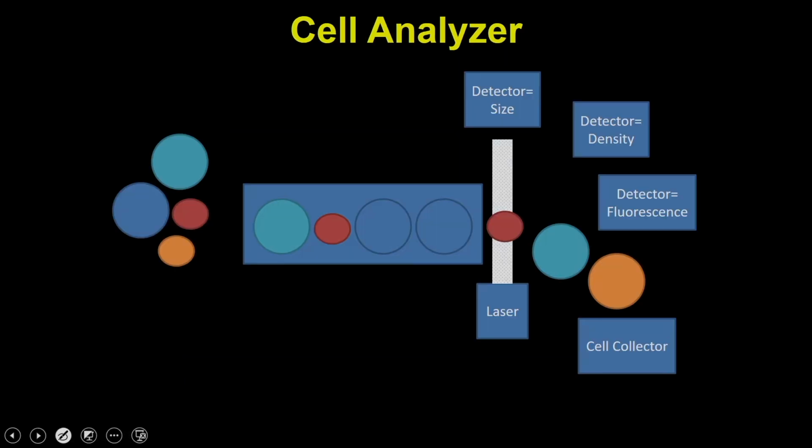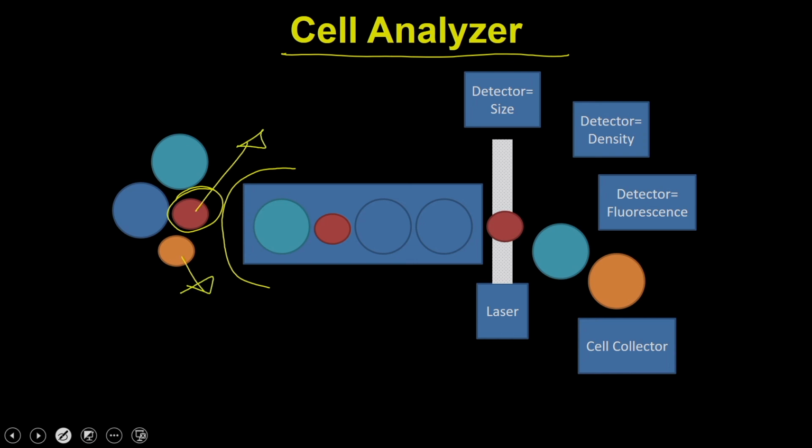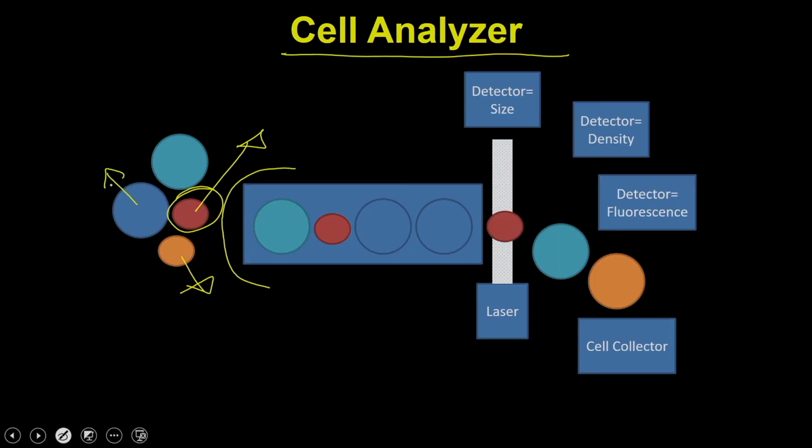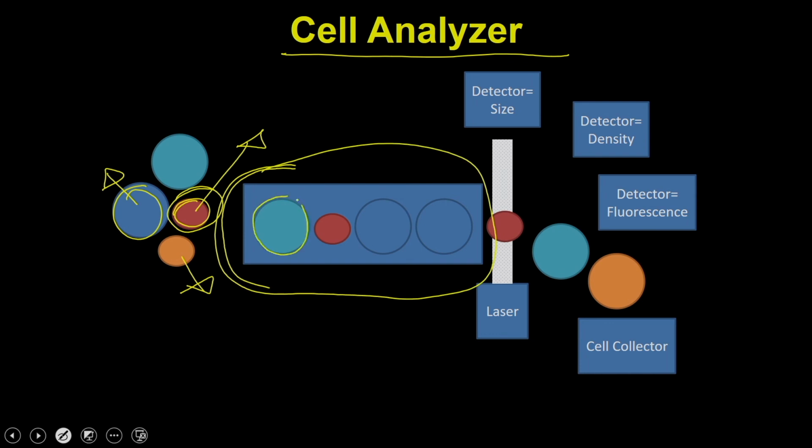So, what you are looking for is an instrument, a cell analyzer. First, imagine that you have a cellular population where you have cells of different colors. A different color means the cell has different types of metabolic reactions or different cell surface receptors, or it could be of different sizes, like this is a big cell or this is a small cell. Irrespective of that, first you are looking for a system that can distinguish and analyze this cell mass and give you a single cell.